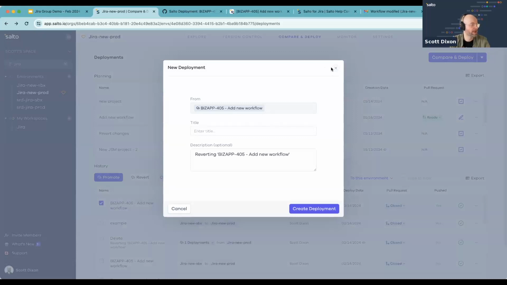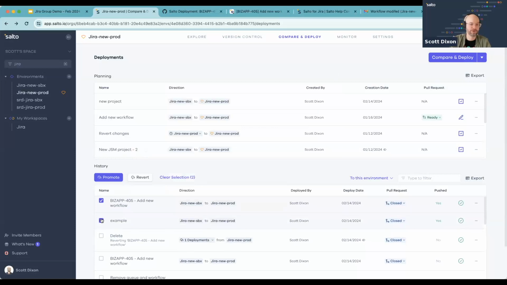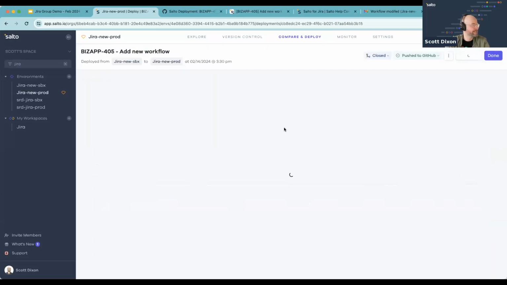Now, you can also select multiple of these past deployments to revert those changes within. Although this is a very quick action, it also runs through the validation process again, making sure that there's no required dependencies and there's been no additional changes to those elements. So it still runs through the entire validation process. Now, if I go back into this deployment here,